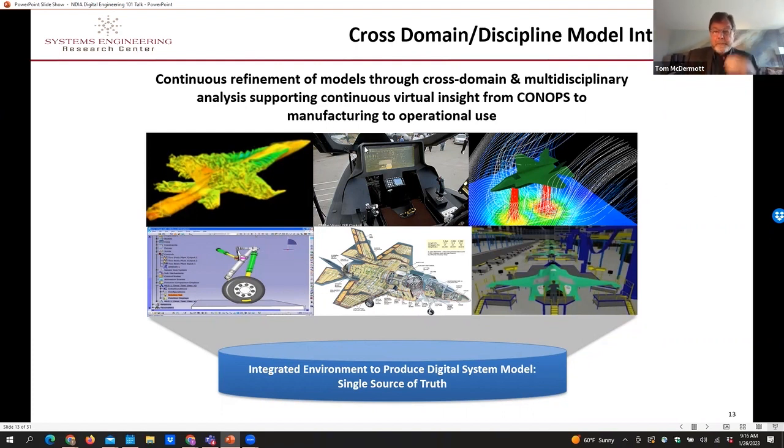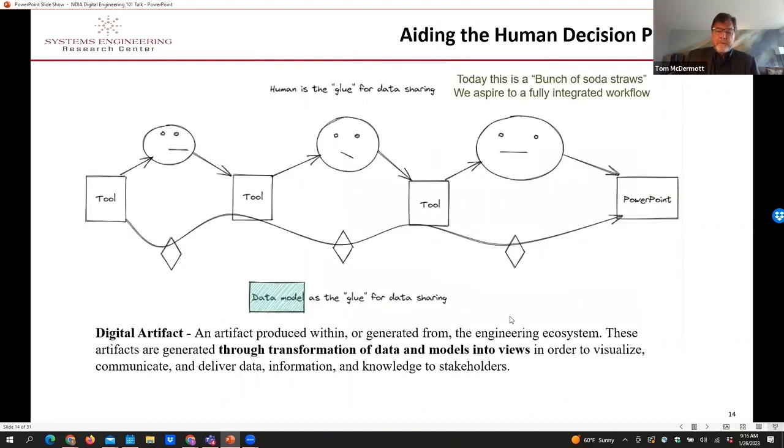And so after talking to a lot of people and kind of looking at this translation in the work we've been doing, we've kind of taken this point of view, well, maybe we just kind of need a little bit of different mental models of what this is about. And so one of the first ones is best expressed as a cartoon. So if you think about the process of doing an engineering job across disciplinary domains, then what you have today is you have individual humans working with individual tools, and they do their work and they exchange it, usually a lot of manual process, into another tool that another human's operating on.